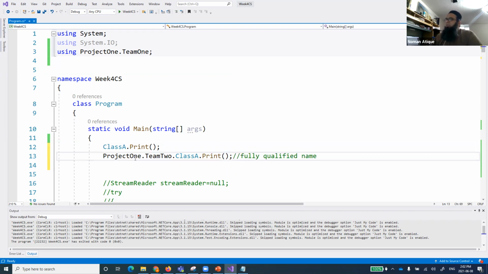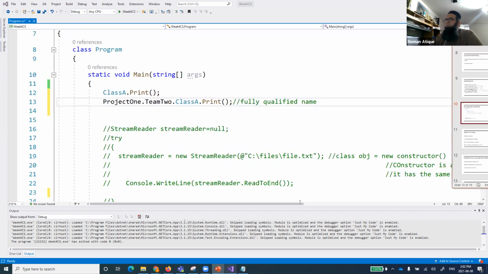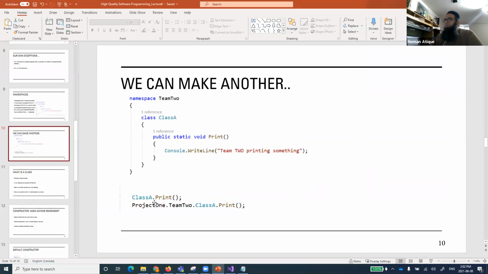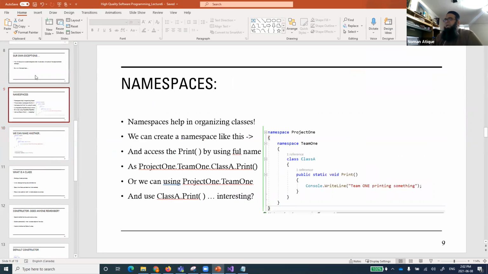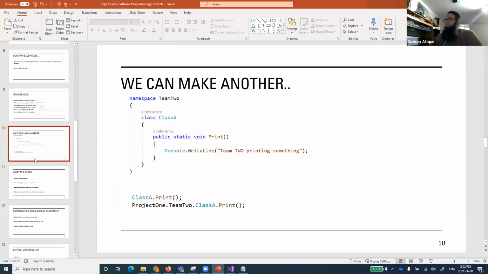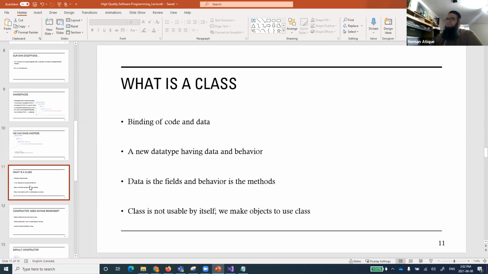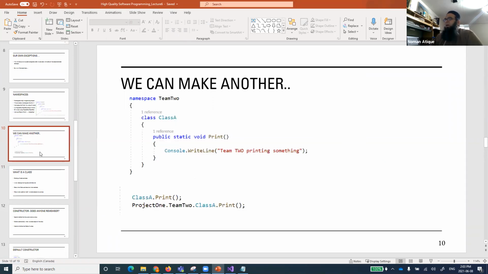So a fully qualified name is when you are using the namespace, and then the name of the namespace, and of course, if there are multiple namespaces, the names of the multiple namespaces, and then you are talking about the class from where you want to bring out the method. Got everyone? So this is something that we were discussing over here. Now we have made another namespace, and now we can use those namespaces over here. And as I said, I'll be talking about namespaces a bit more, but now we'll be starting with what is a class, and we'll talk about classes and object-oriented programming in detail, and we'll see how we can create those classes and those methods, right?